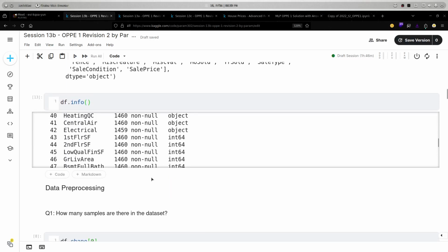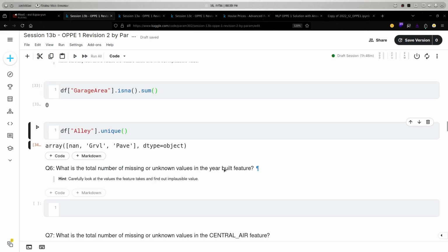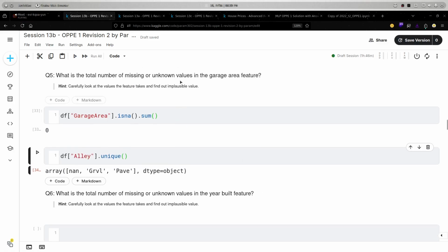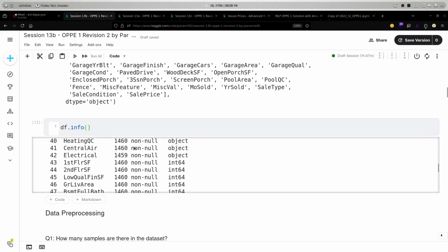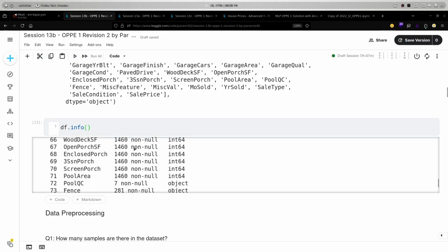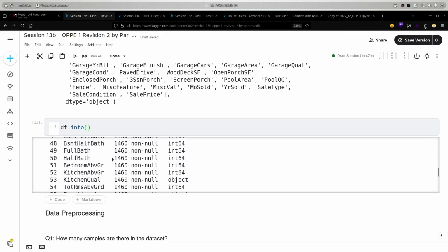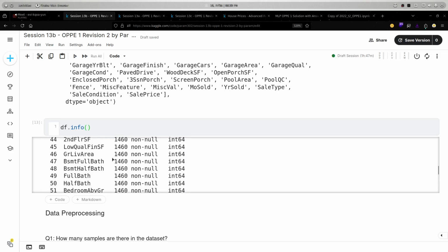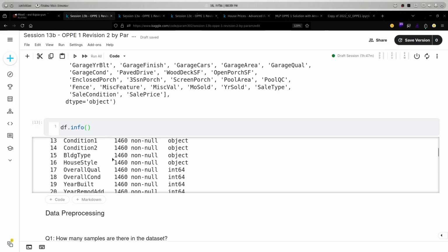Yes. Okay, so then the next question is what is the total number of missing values in the year build feature? Okay, so let's check the year build feature. In the previous question, if question marks are there, then how do we find them?